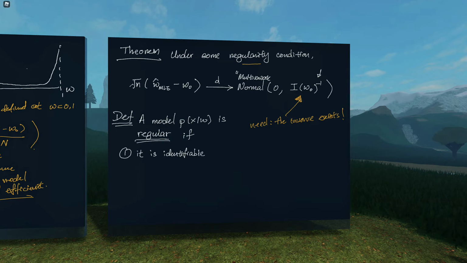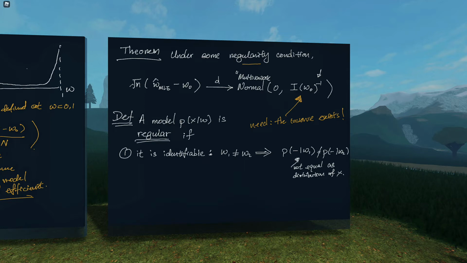If it is identifiable, this means that if you have two different model parameters, you should have different models. Different parameters parameterize different models. So, not equal as distribution of X. So it could be equal